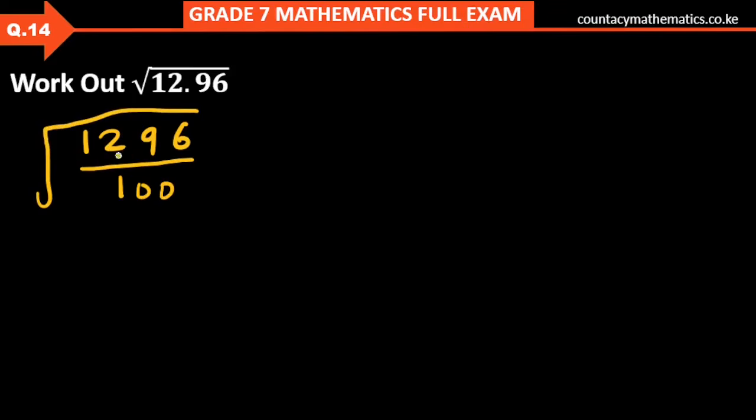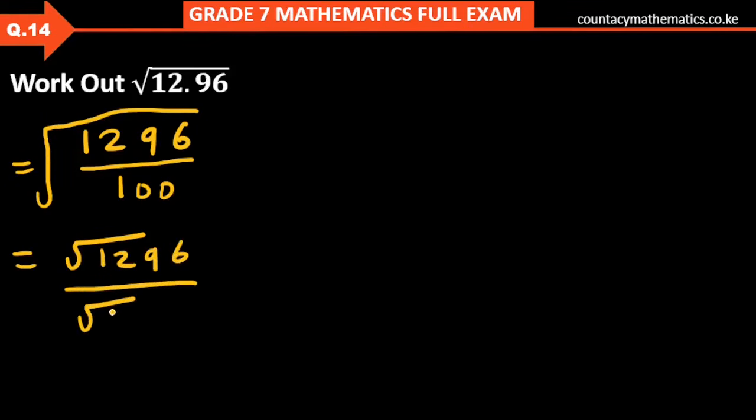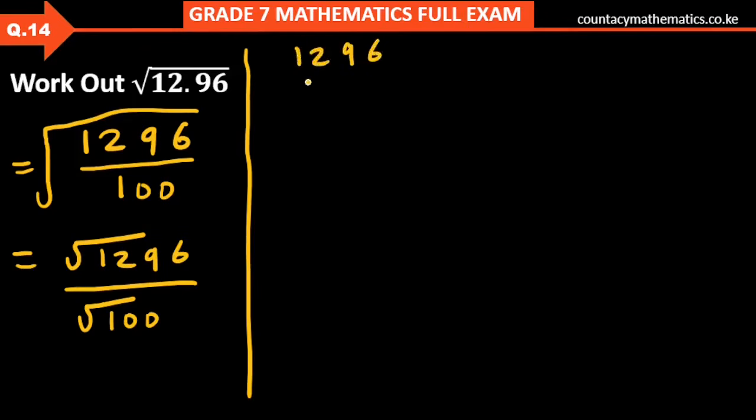This one is equivalent to the square root of 1296 divided by the square root of 100. So let's go ahead and try to simplify this. To find the square root of 1296, it's not quite easy to find it directly, but we can use the factorization method where we pick the number and then we start by dividing it by different